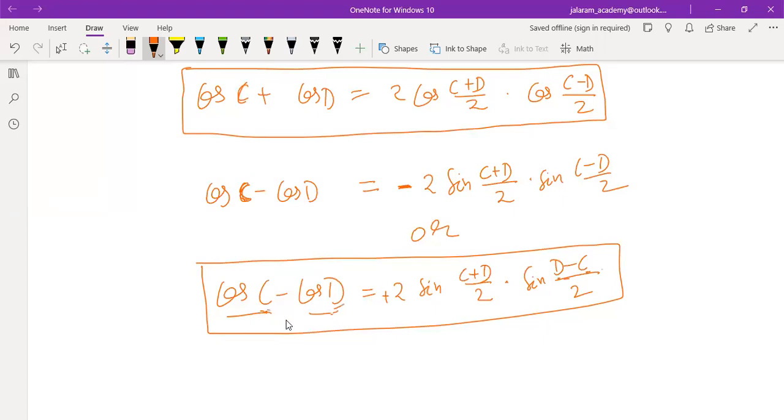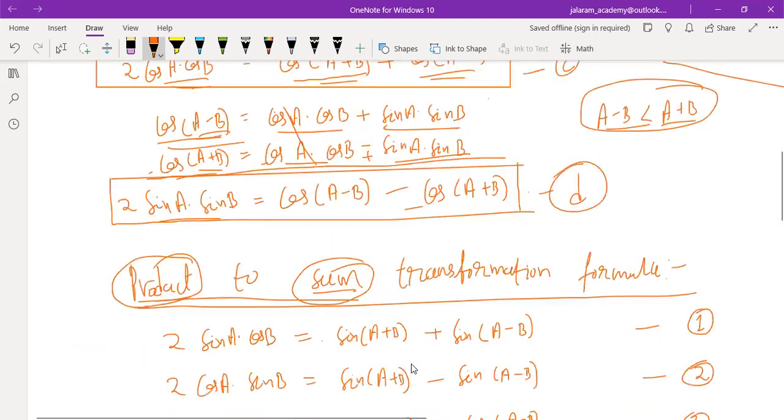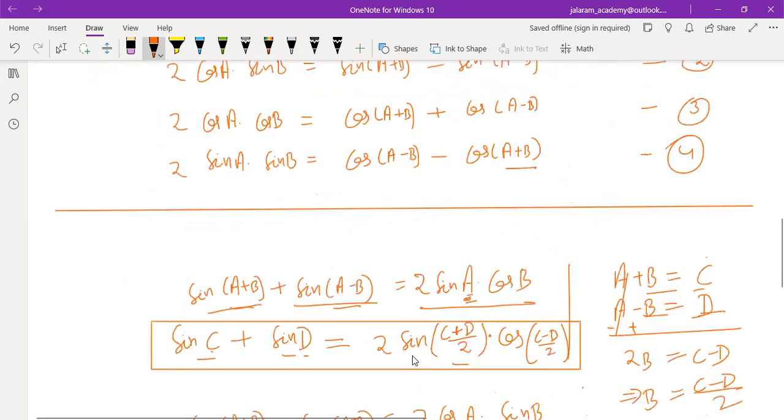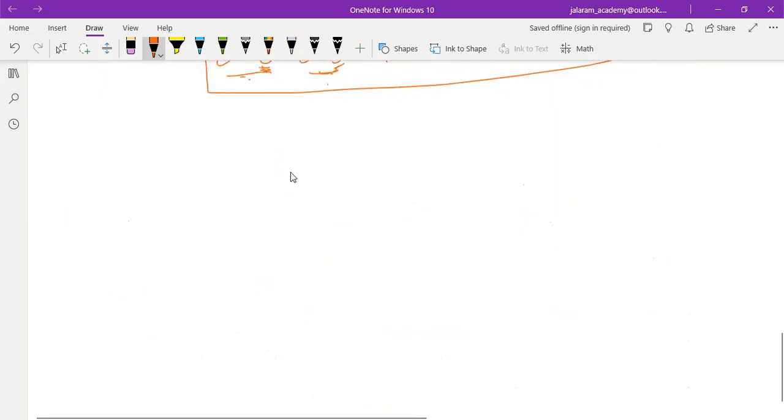As D is greater, C is smaller. Cosine of a smaller angle will be greater. So we are again subtracting the smaller value from the greater value. Cos D is smaller, cos C is greater. Okay. So these 8 formulas we must learn. Now repeat with me all the formulas so that you can learn them properly and use them to solve the questions. The first formula which we have learned is what?